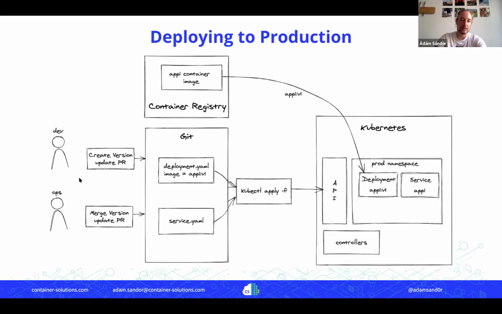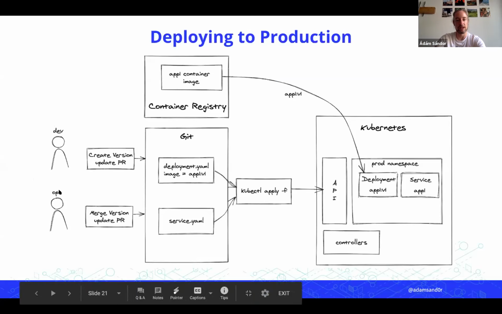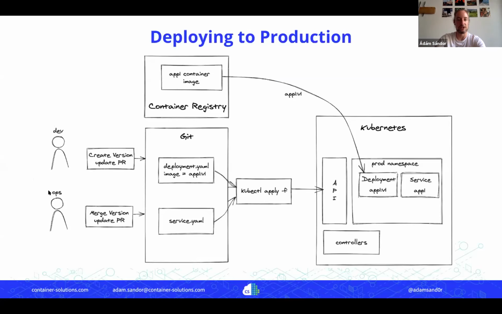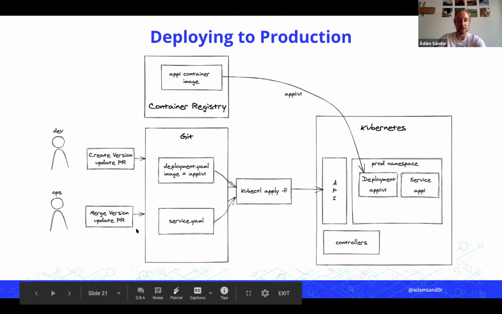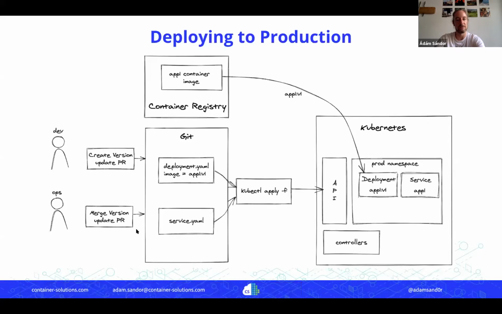How we can achieve that is by separating operations from development. This was the big thing for large German enterprise company. Developers should not be able to deploy to production. Only operations personnel can apply changes to production. And this was where GitOps really helped us solve this problem, but without introducing some heavy change management software into